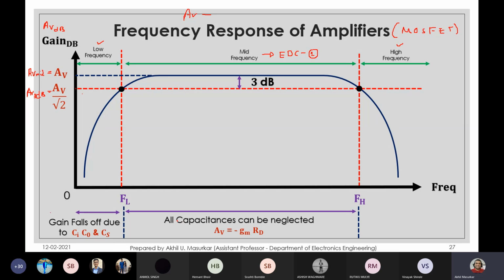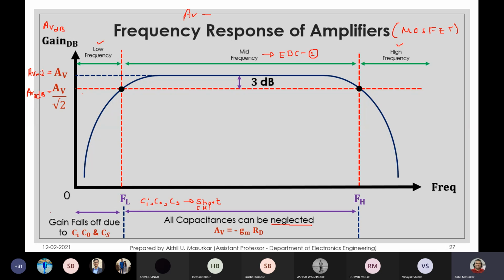In the mid frequency range, all capacitances can be neglected. Neglected, what is the meaning of this? Neglected means Ci, C0 and Cs are considered as short circuit,